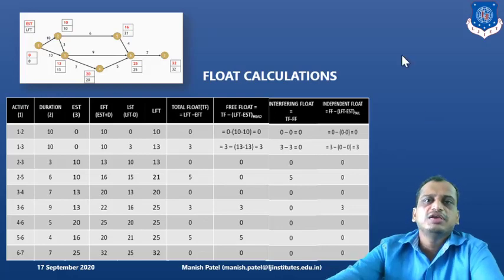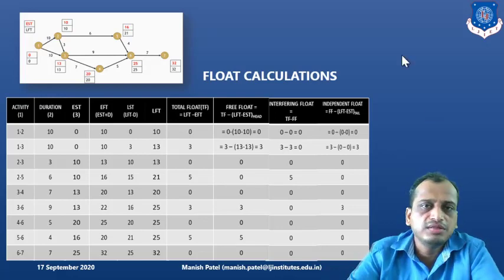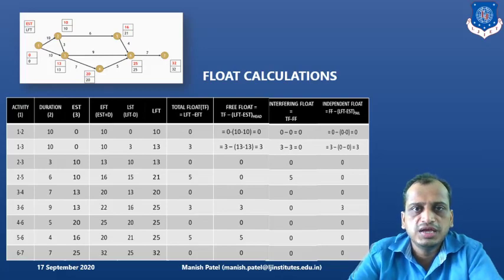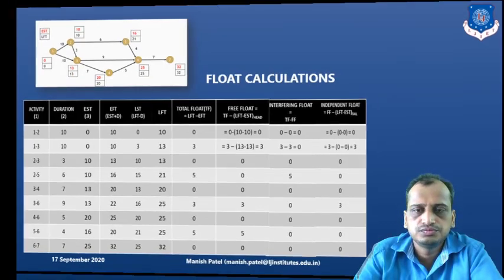So hence in this way we can solve the example by drawing the network diagram based on the duration and activities given and their relationship given. Then we can find out the critical path and the project duration. And after that, based on the critical path and EST and LFT calculations, we can easily find out the floats.